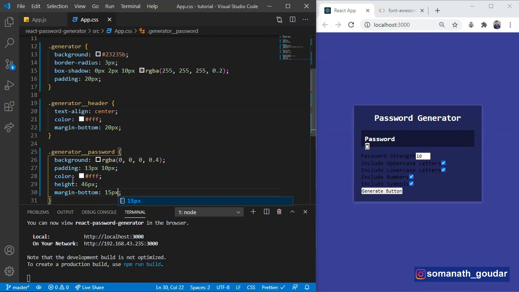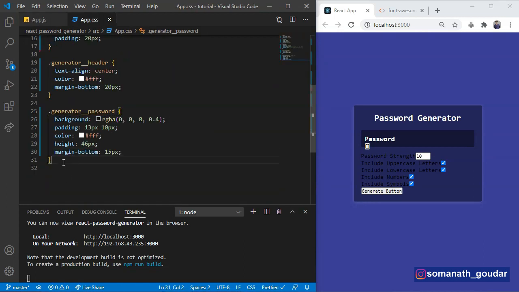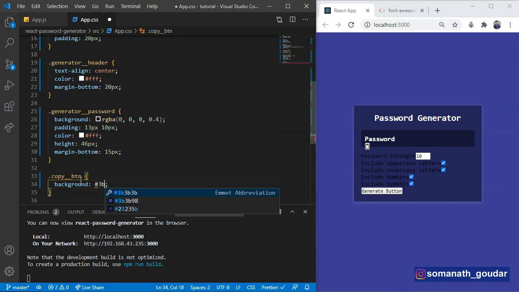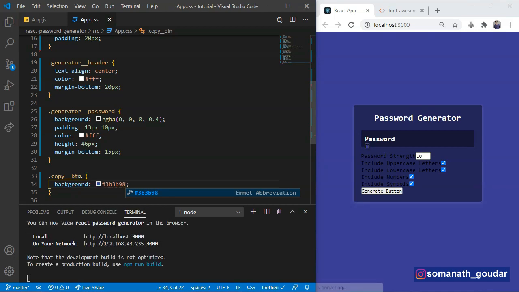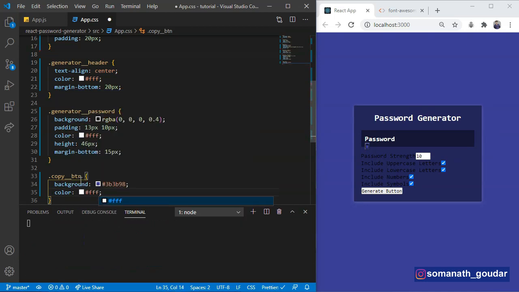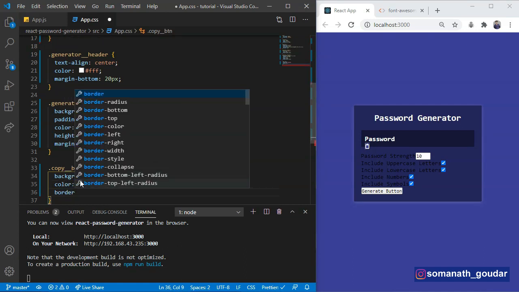Yeah, now let's style that button. Copy to clipboard button. It is having a class name of copy button. Let's copy that. Let's target that. Let's set the background to 3B98, a little bit dark color. Yeah, and the color is going to be white. Yes, and the border, let's set the border to none.